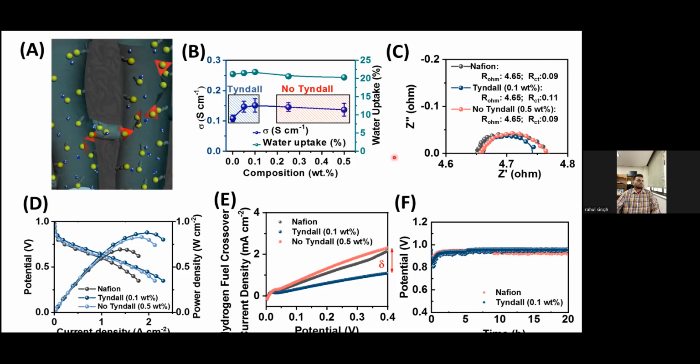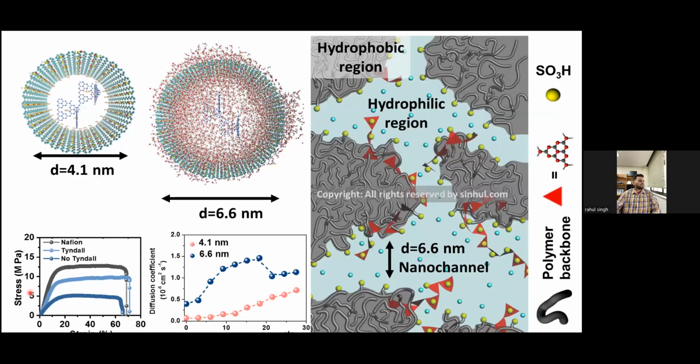So these were some results, and as I mentioned, the mechanical strength was almost the same, but the brittleness was a little bit decreased. So these are the results which have been obtained for the membrane. And here we have shown the fixed ions which provided the fixed channel, and through that channel the ion has been transported. So these are some results which we have obtained, and these results for any particular type of ion conducting membrane